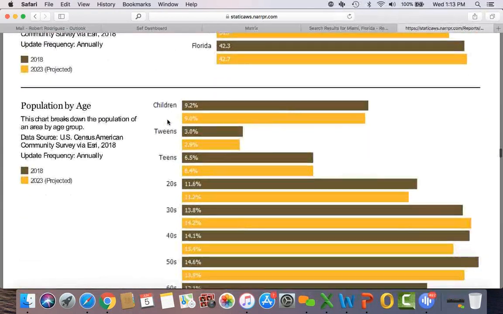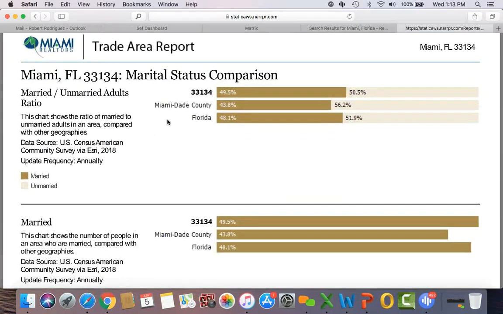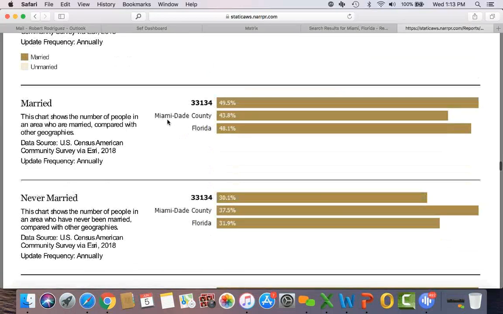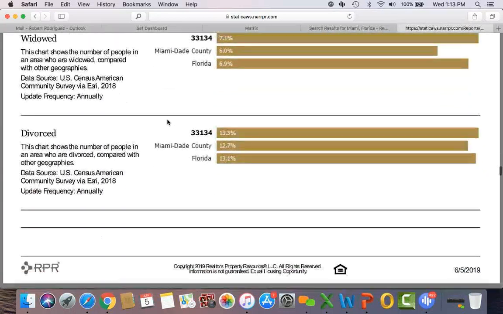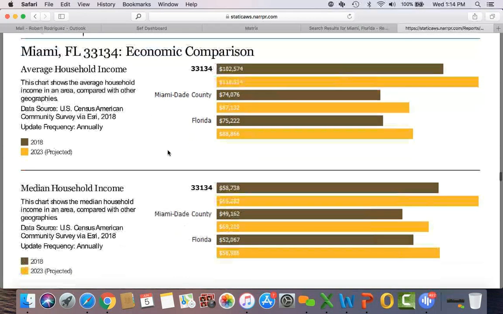And then you have your age comparison, population by age, married and unmarried adult ratio, married, never married, widowed, divorced. Average household income is about $102,574, and that is predicted to increase to $118,000 over the next 5 years. And then Miami-Dade County is at 74, so as you can see, 33134 is higher than the county's average,